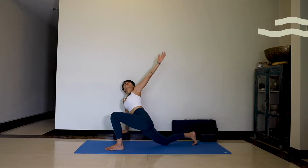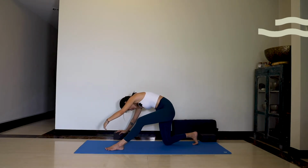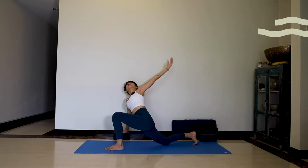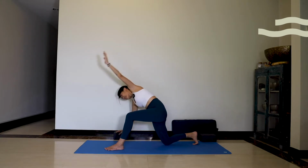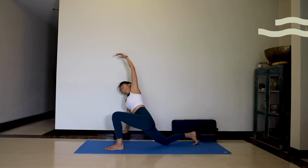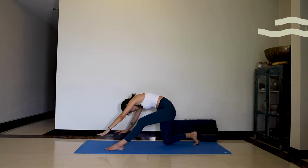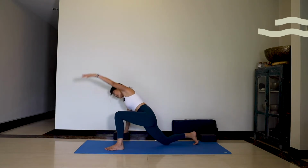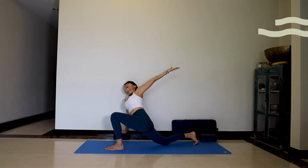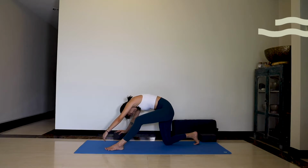Inhale, open up. Then as you exhale, round, hug a big version of yourself, feeling that connection up into that left shoulder blade. Inhale, up. And exhale, round. 3. Inhale, up. And exhale, round. 4. We'll do one more together. Inhale, up. And exhale, 5. Good, and we'll hold it there, letting the head drop, letting that hand feel heavy, so feel